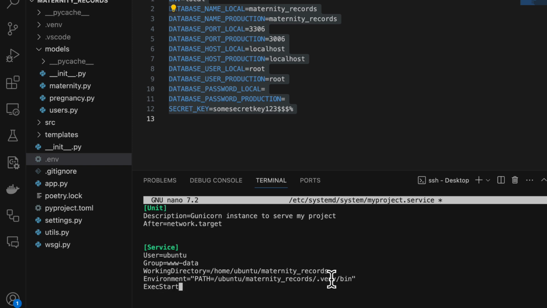This particular file, we did it differently to simulate error in the last lesson. So this is /home/ubuntu. Now /home/ubuntu is my username. If your username is something else, you want to use that name in place of Ubuntu. And we have maternity record